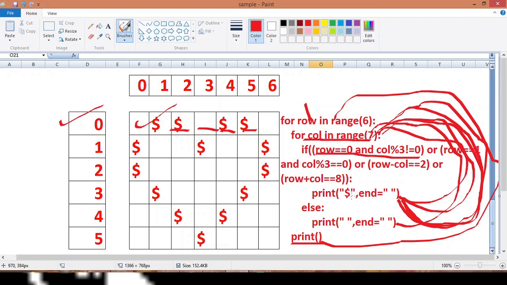If the condition is false, it will print the space. And again it will come outside the inner for loop, and because of this print the cursor will come to the next line and it will run for the 3rd time. So this way the loop runs, and this way this pattern will be printed.